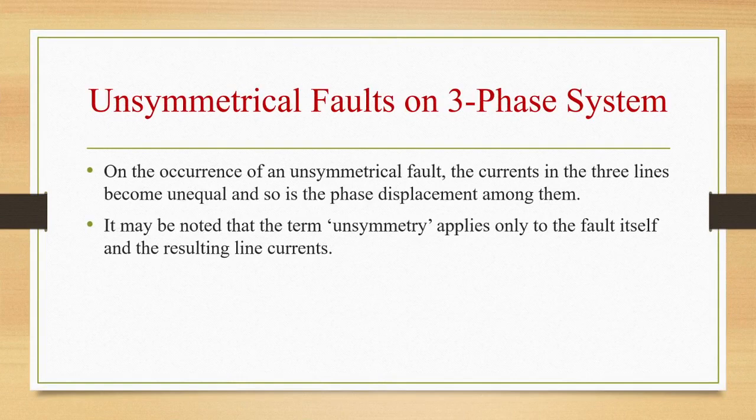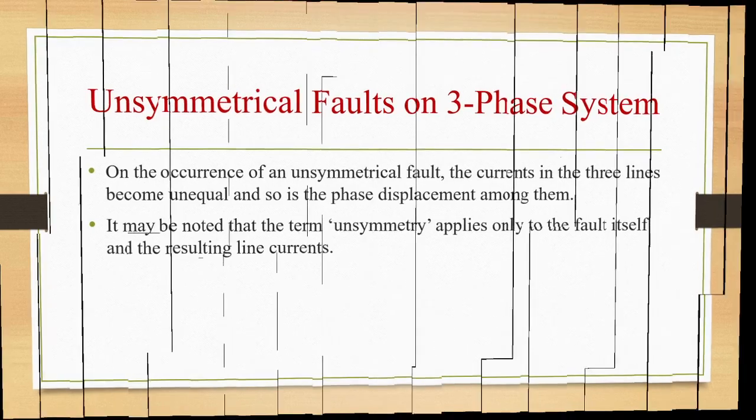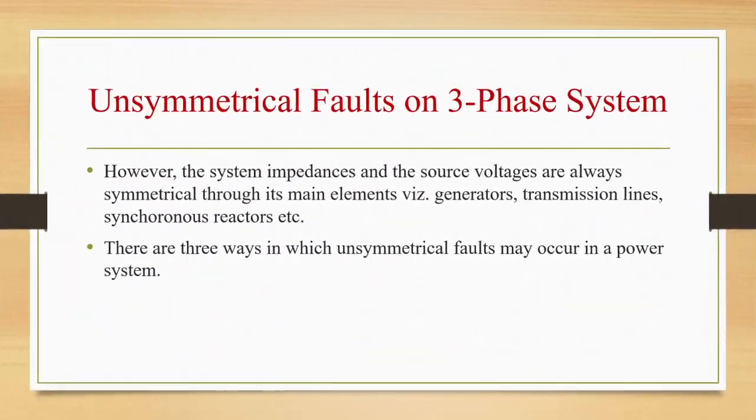On the occurrence of an unsymmetrical fault, currents in the three lines will become unequal, and so is the phase displacement among them. So the term unsymmetry applies only to the fault itself and the resulting line currents. We have to make a note here that the term unsymmetry is applying only to the fault itself and the resulting line currents. However, system impedances and the source voltages are always symmetrical through its main elements, namely generators, transmission lines, synchronous reactors,